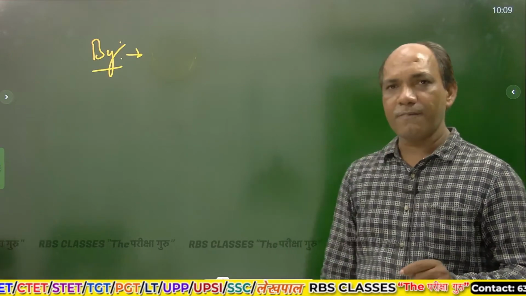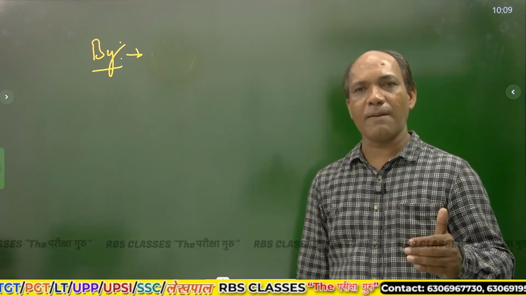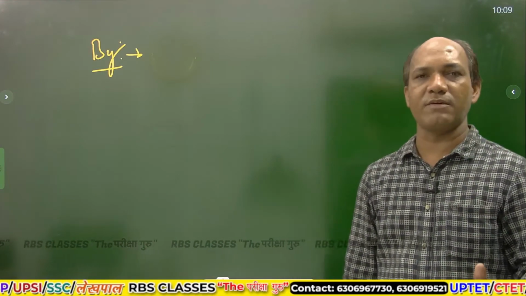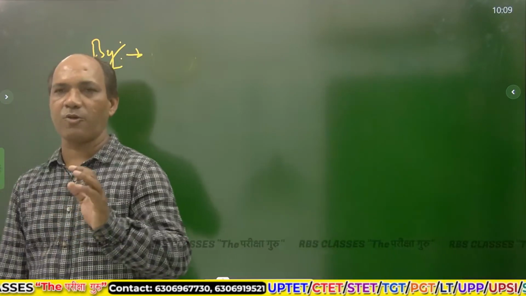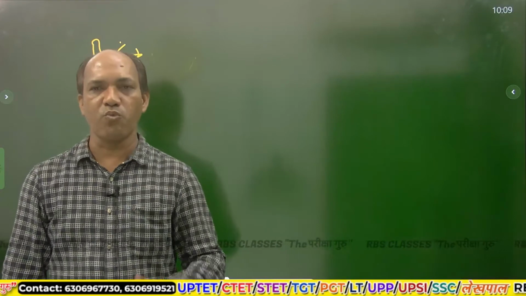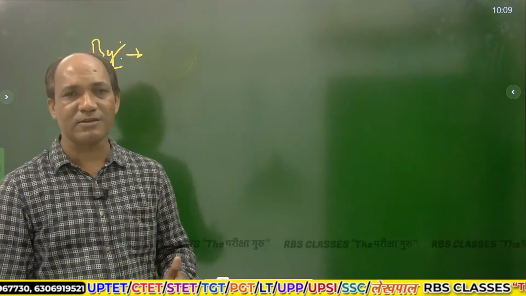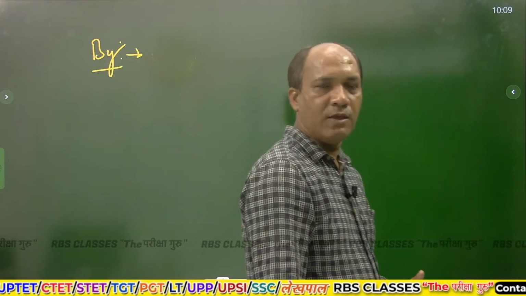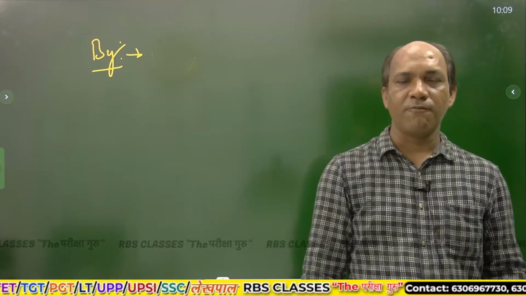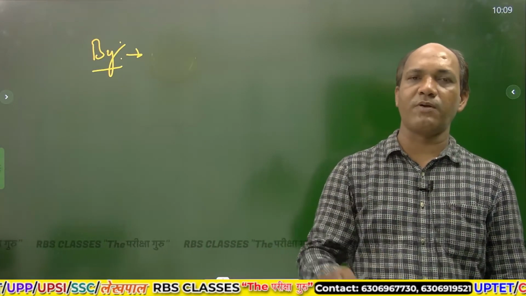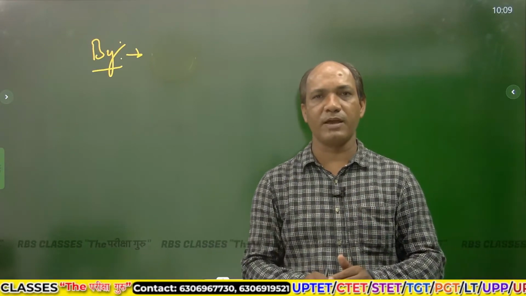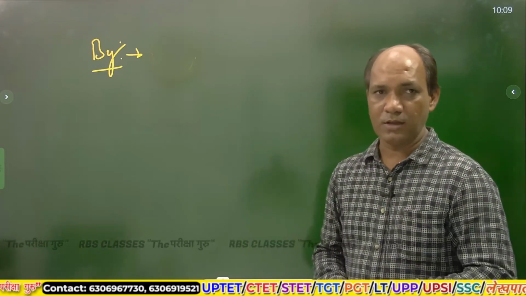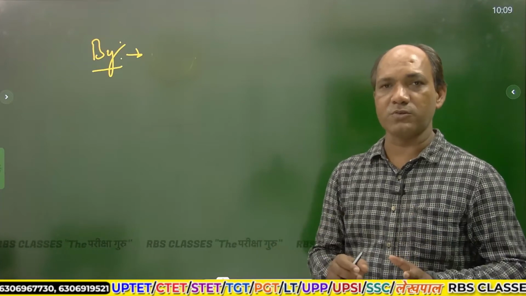The by is used when a particular point of time is given as a limit. एक निश्चित point of time एक सीमा के रूप में दिया होता है, and some work or some incident has to finish within that very limit, but the work will be finished on a very particular point of time. Means, but that point is not defined, that point is not determined,